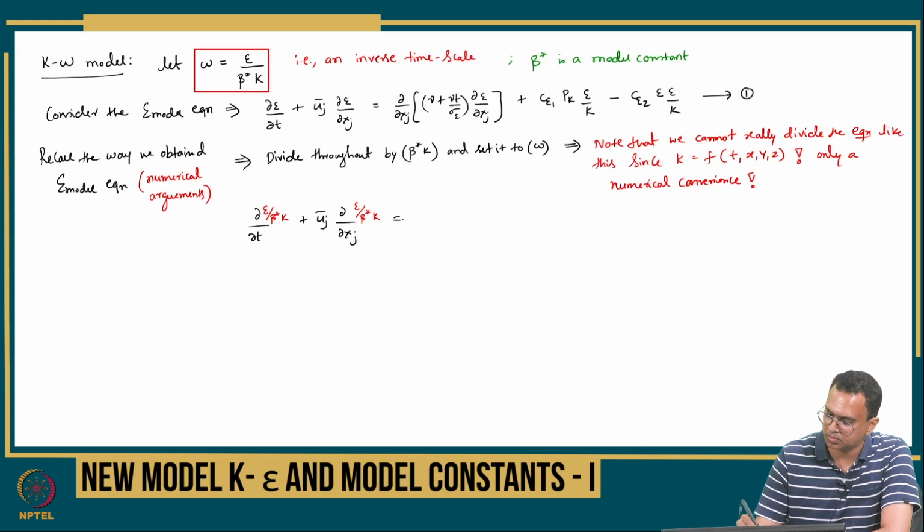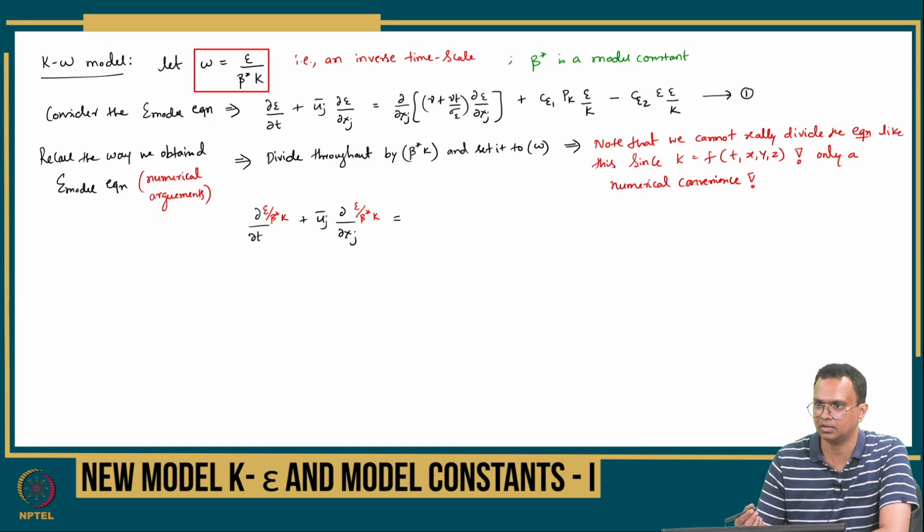This is equal to, so essentially we are constructing an omega equation similar to the way we obtained the epsilon equation, but an actual route exists, that you can go and refer,